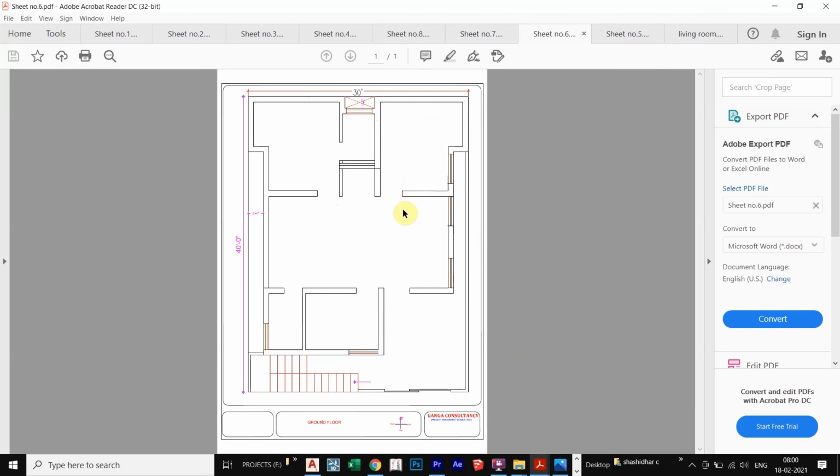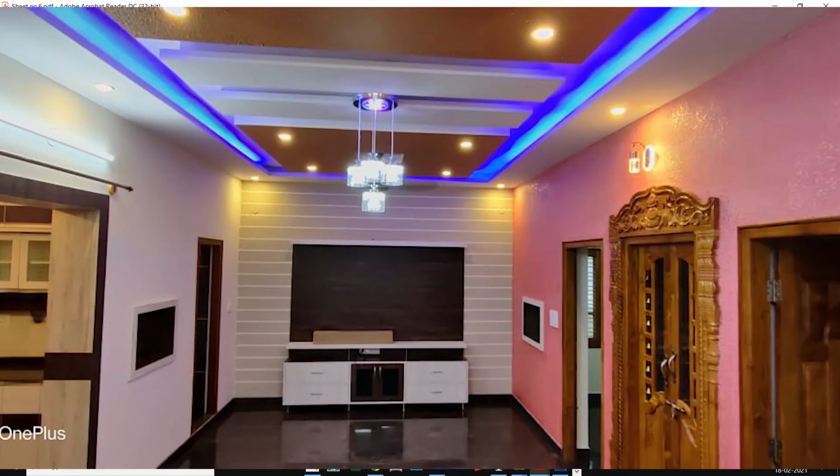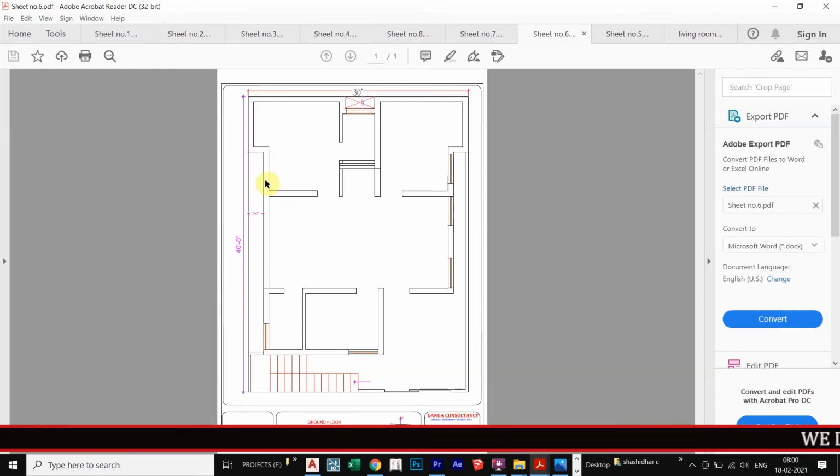The next step, we have to provide the windows completely. I took 2 windows for the living room, so that nice ventilation can enter. And here I am not providing windows because the TV unit has to be kept here. That's the reason I did not provide any windows here. In my bedroom, I can provide one window here. In the other bedroom I can provide a window here, and my toilet window and ventilation is here, and my kitchen ventilation is here, and this toilet ventilation is also here. So almost all of the plan, all the bedrooms, toilets and kitchen, I provided with ventilation.